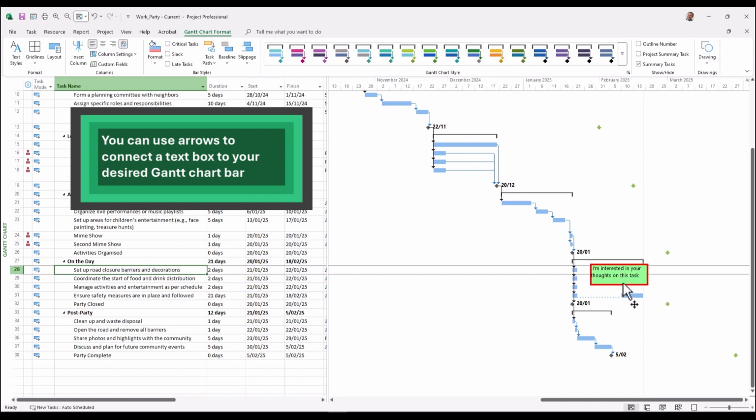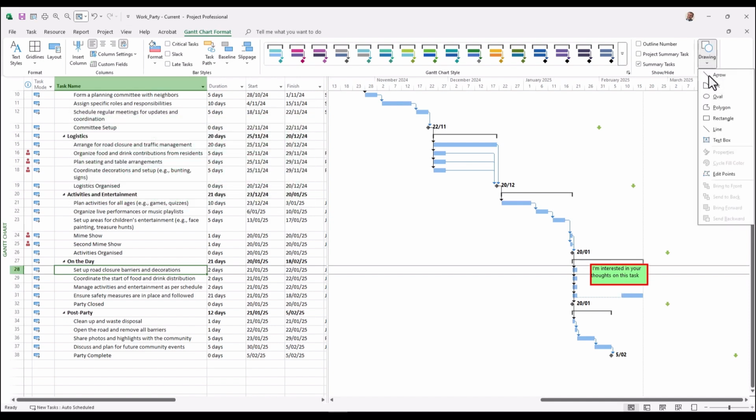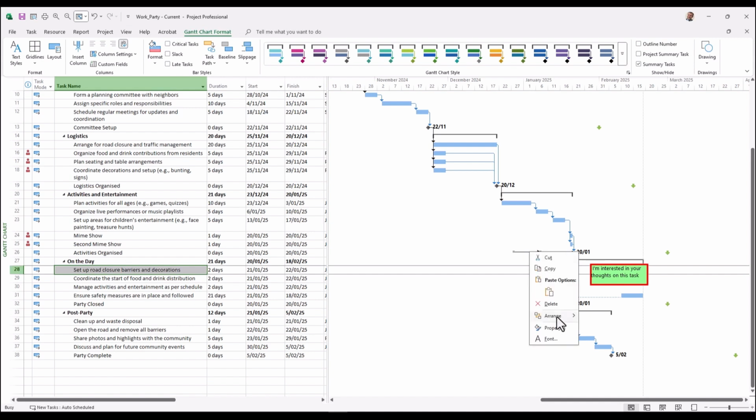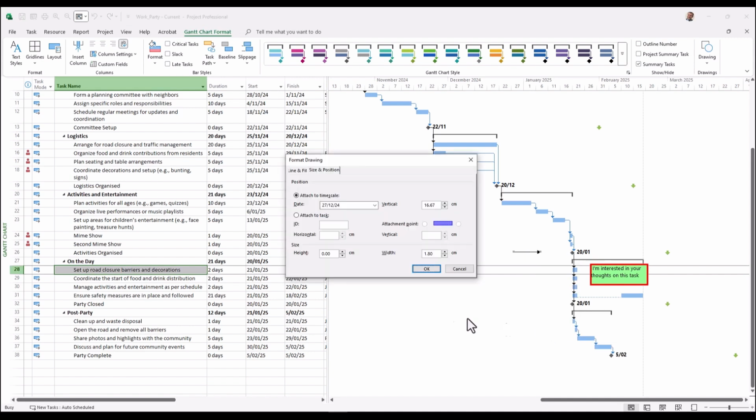Now in addition to text boxes, you can also apply arrows, and this will nicely connect the task and draw attention to the message that you're trying to convey in that task. So go to drawing and select arrow, and then you can point it in a direction that you want to, and in a similar fashion to the text box, you can also align it to where you want to place it. So by right clicking here, we want this to align with task number 28,